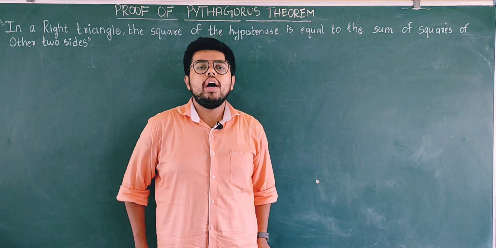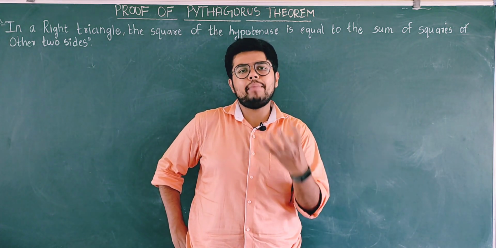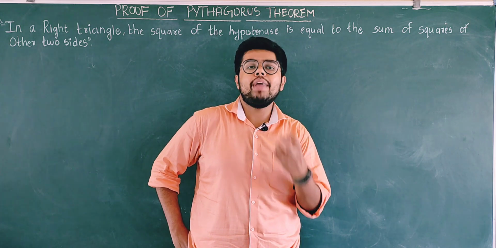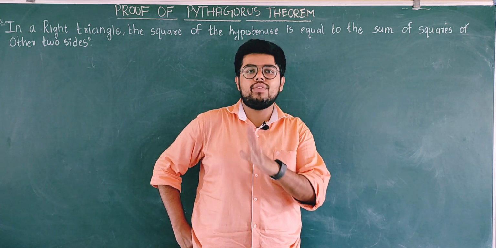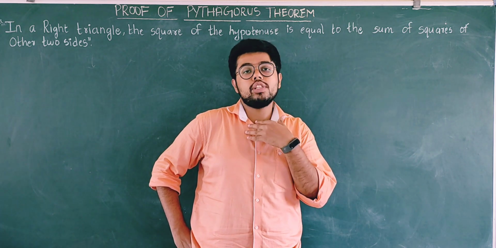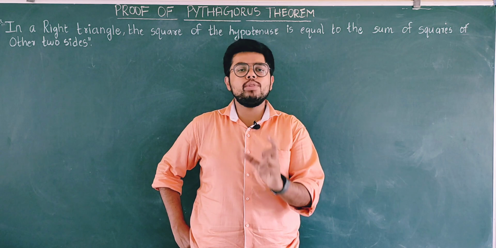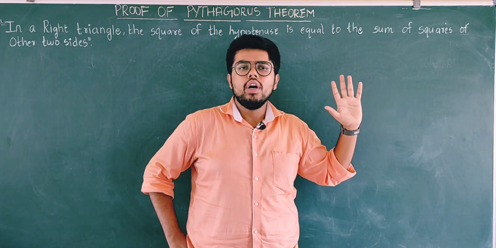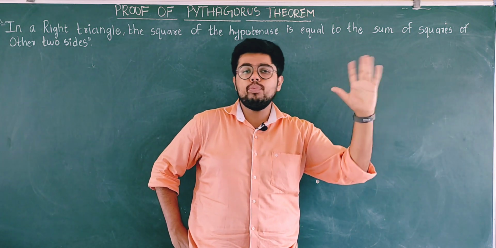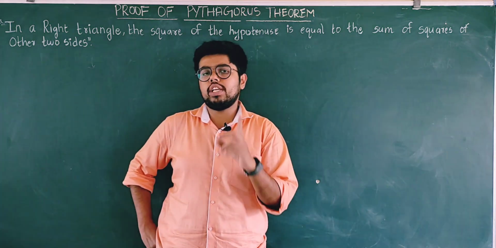In mathematics, any theorem has a proof. You must provide a mathematical proof and make it understood that it is a right theorem. Because anybody can tell anything, we have to prove it, right? So proving it becomes very crucial in mathematics. Of course, in science, there are many methods, like experiments, to prove anything that we say. So here we have a proof for Pythagoras theorem.